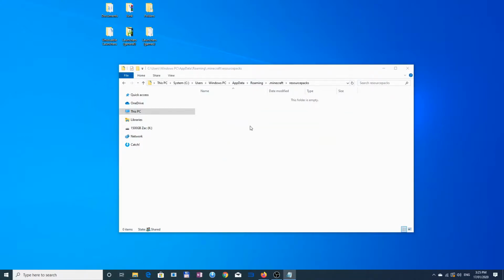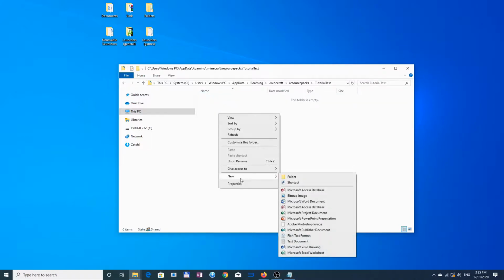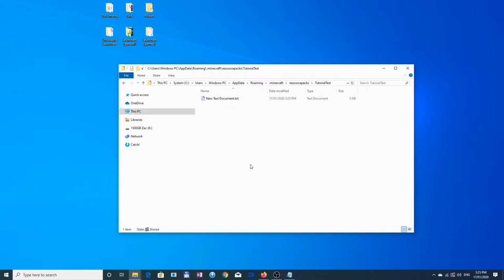In that resource packs folder, right click inside it, new folder, and call it whatever you want your resource pack to be called. Since this is a test, I'm going to be calling it tutorial test. Go inside of it, then do new, and then